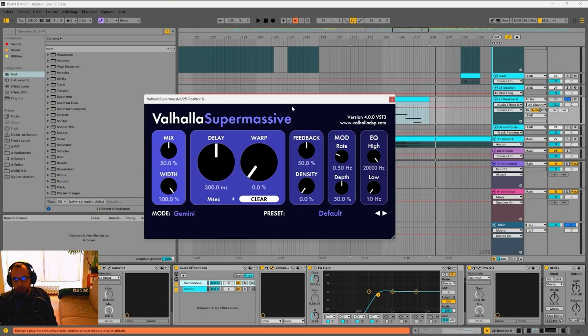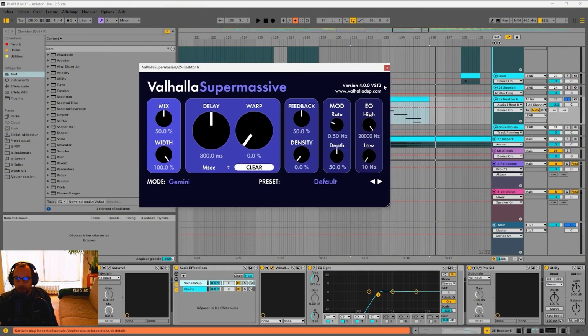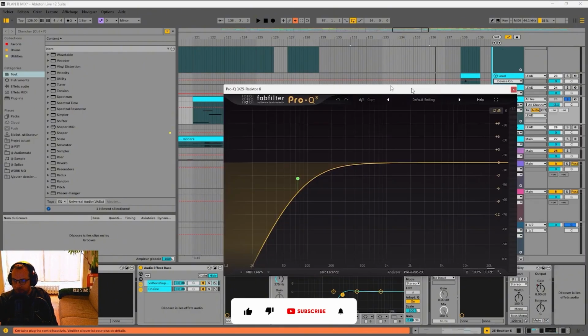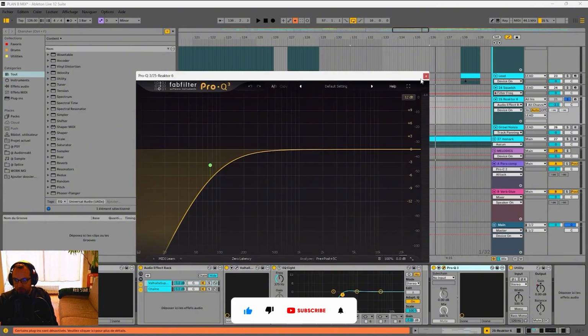I think the reverb is just the default from Valhalla Supermassive, but it sounds good, so I didn't change anything. And yeah, I cut a bit of the low end.